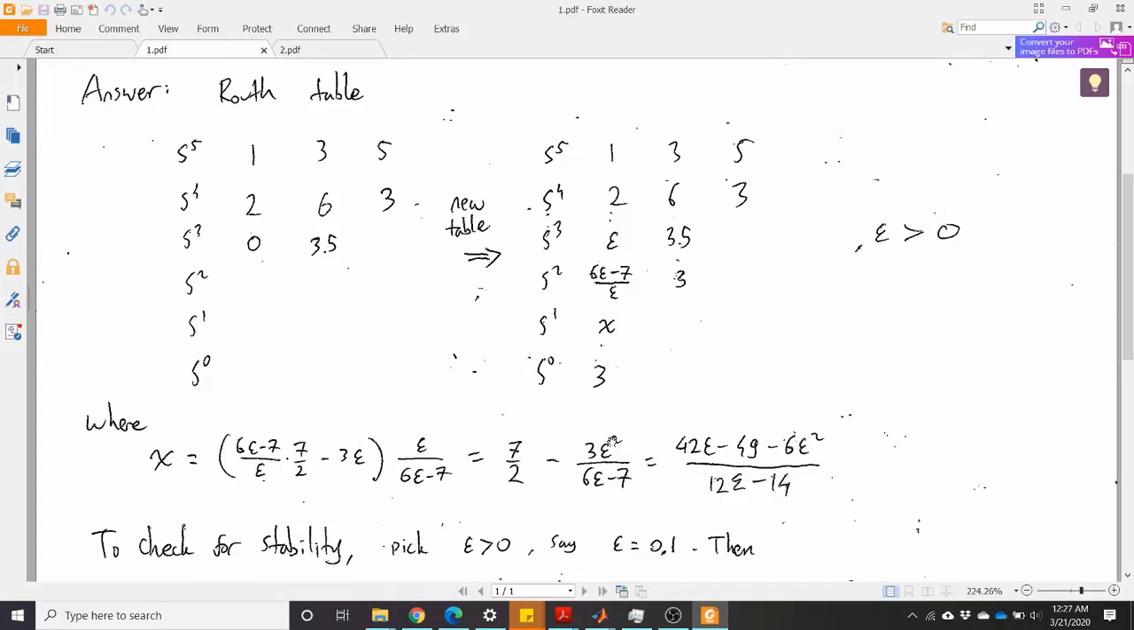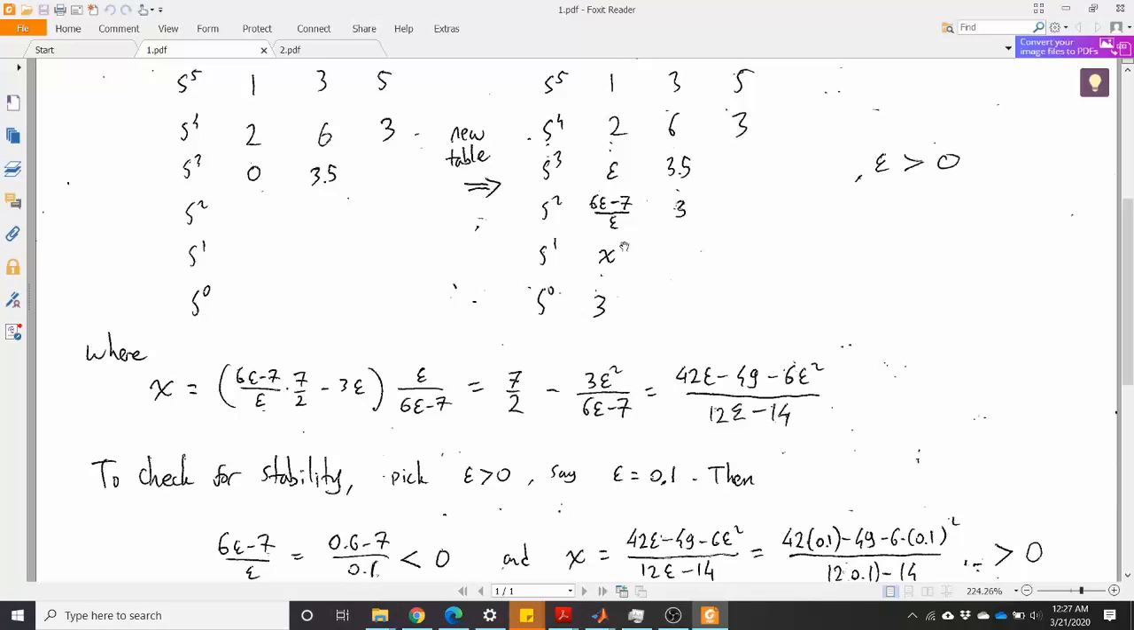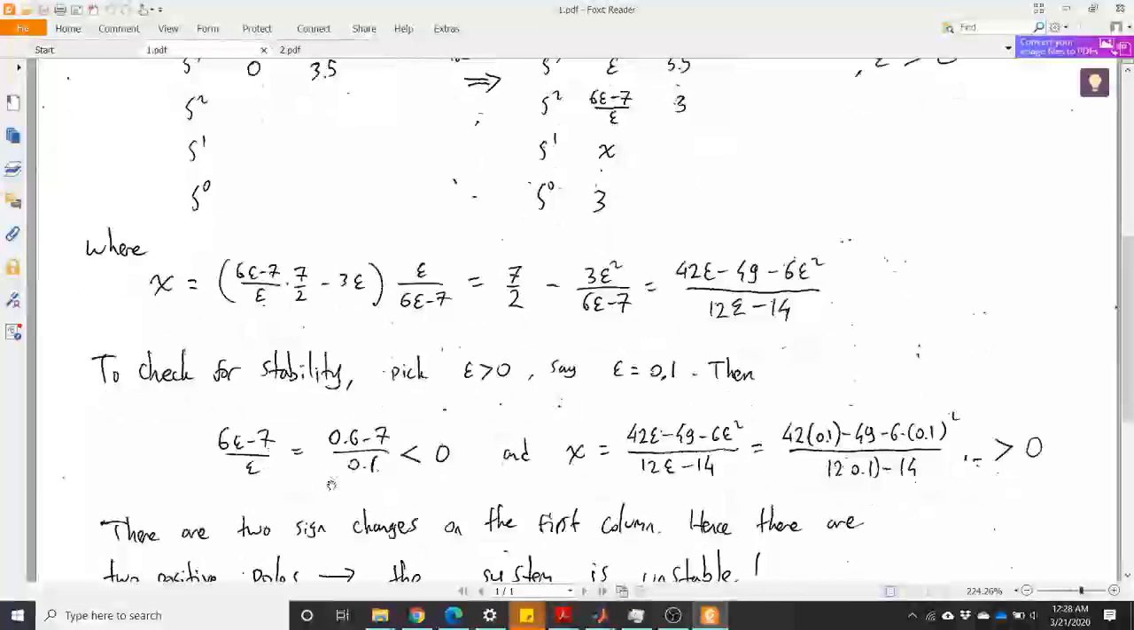So next we need to check whether there is a sign change on the first column. To do that, we can substitute epsilon with any number which is positive and relatively small, say 0.1, then we substitute here 0.1, and then on this term with 0.1 it can be shown that this is always negative,